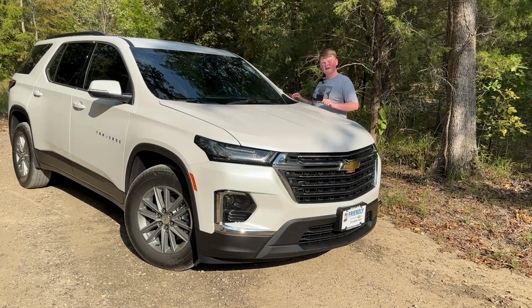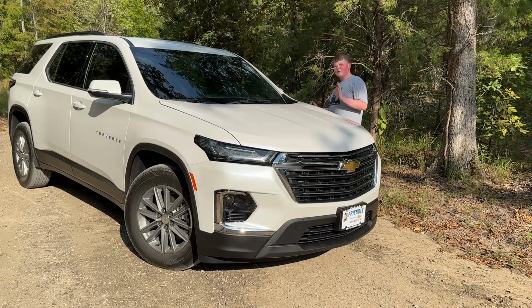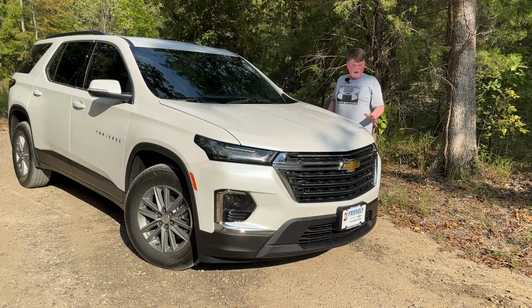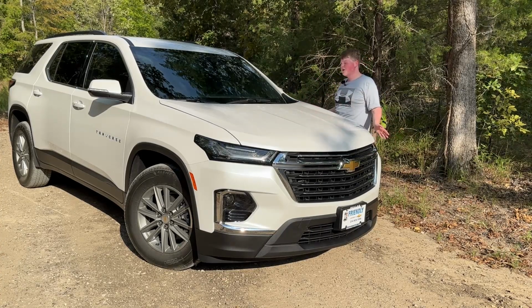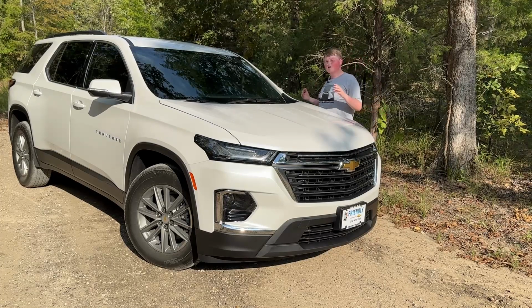I love it. It's called iridescent white, I believe. And it's different from Summit White because it has different hues built in. So it's like this beautiful little pearl color, and it actually really suits this car and it looks pretty sharp. And generally the whole design is pretty non-offensive, but it is pretty stylish and it looks sharp is how